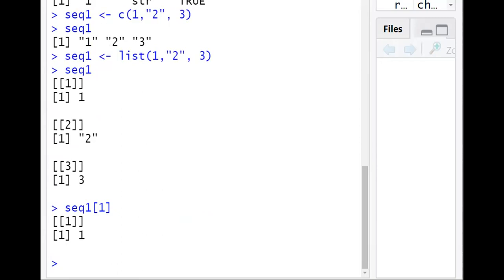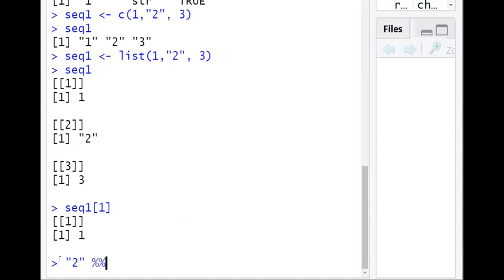Then one more thing: if we want to check whether an element is present in the list or not, we can use the in operator, which we discussed in yesterday's class. Suppose I want to find whether 2 is present in the list.